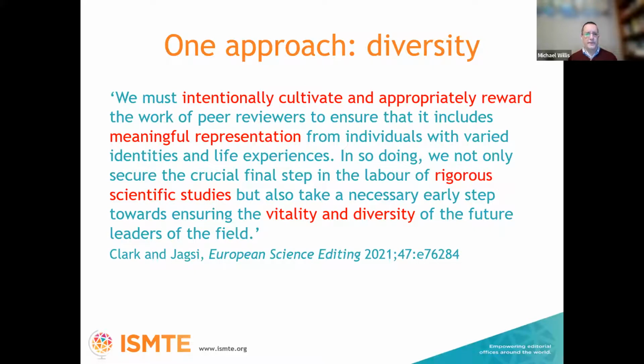talks about journals needing to intentionally cultivate and appropriately reward peer reviewers so that it includes meaningful representation from individuals and leading to rigorous scientific study and ensuring vitality and diversity of future leaders in the field. The better a peer review process is, or sorry, the better the representation of peer reviewers, the better the peer review process will be. It's vital that